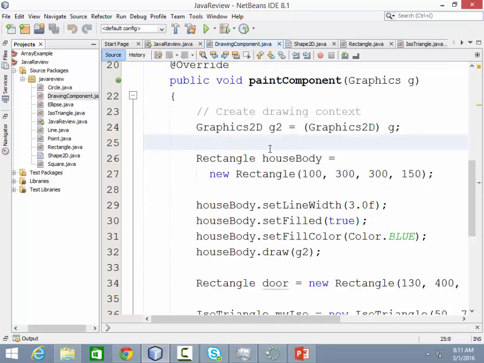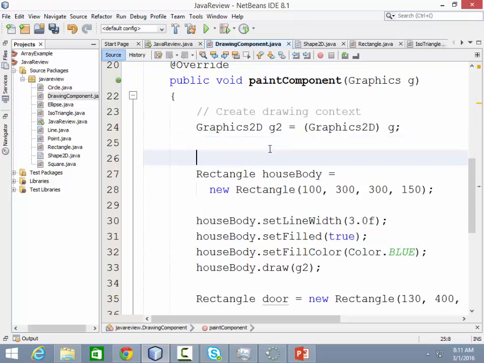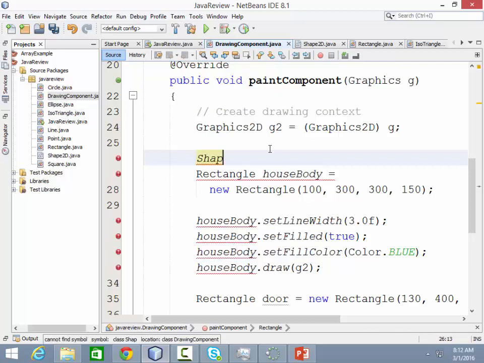I guess we'll put it here. So, and we're going to try this two different ways. First we're going to try it as an array. And the things that we're going to be storing in it are shape 2Ds, which is kind of interesting. Let's see if we can make this work. So we're going to create an array of shape 2Ds, and we'll call this one